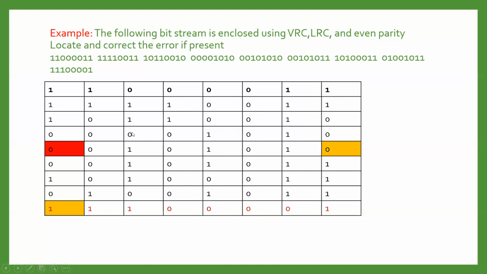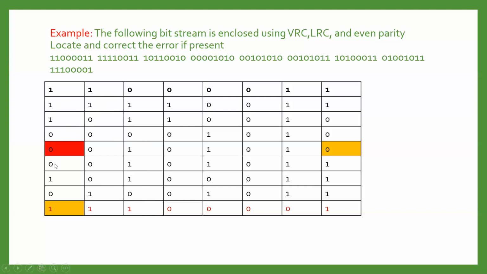This column, 1, 2, 3, 4, 5. 5 means odd number of ones. So we have to add 1 as a parity bit. So total number of ones will become even number. Okay. Now second last. 1, 2, 3. Total 3 number of ones. That means odd number. So we have to add 1 as a parity bit. So it will become even. Fine. So which is correct. We are receiving the correct data till now. Okay. Now go for the last column.